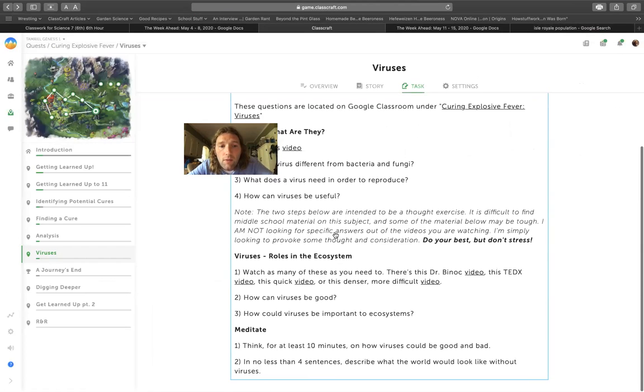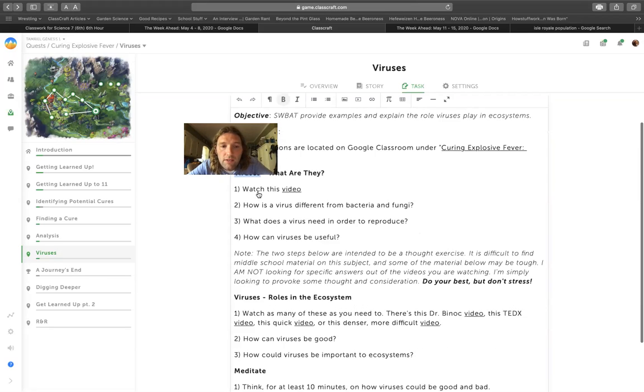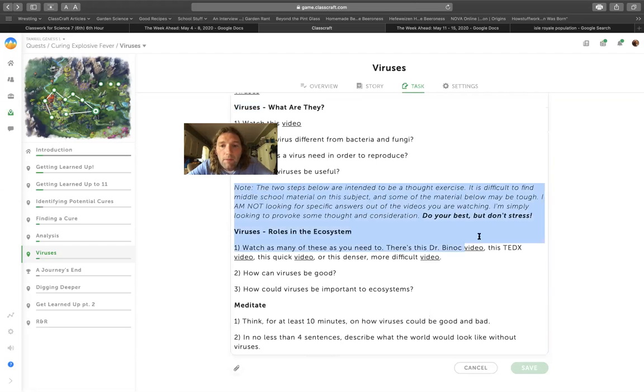All right, so then that brings us to the bottom half of this assignment. And I left a little note in here on this assignment that I'm not looking for correct answers necessarily. That doesn't mean just put whatever gobbledygook down that first comes to mind. The idea behind the second half of this is for you to really sit and think about how viruses play a role in our ecosystem, in our lives in general,